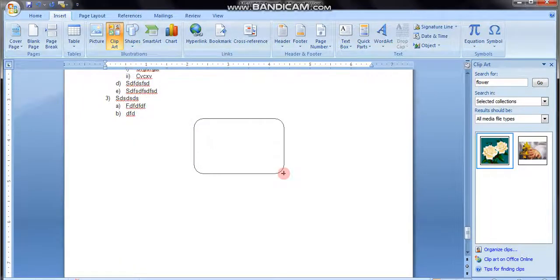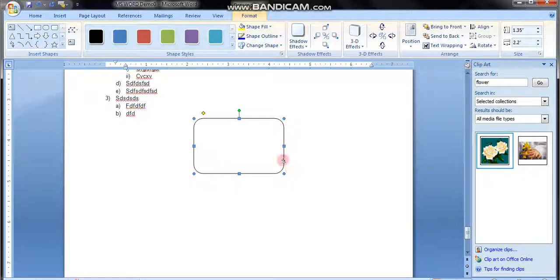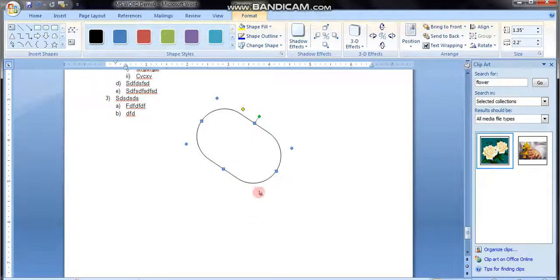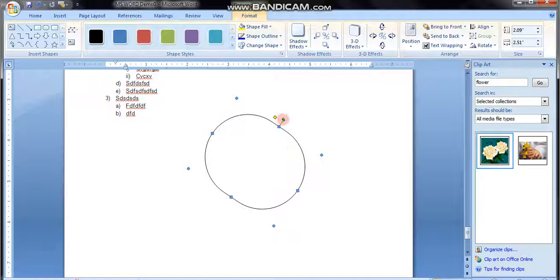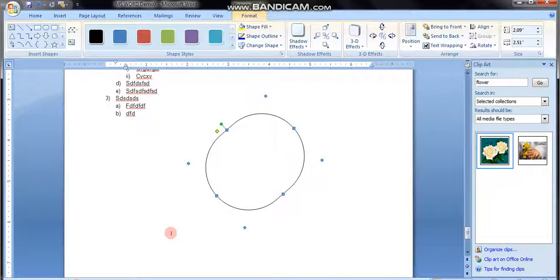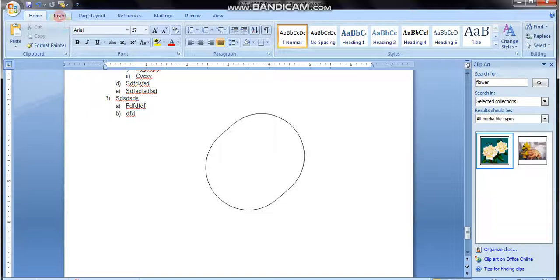any of the shapes you bring from here, we can modify later by holding this green handle as well as this yellow handle. We can modify the size or the shape of the shape. Fine. So this is how later on we can change it. This one we can rotate. Here from this angle we can reduce the size as well as increase the size. This is the corner handle. These are handles, we can say. So with the rotate handle we can rotate it. Fine. So this is all about shapes.